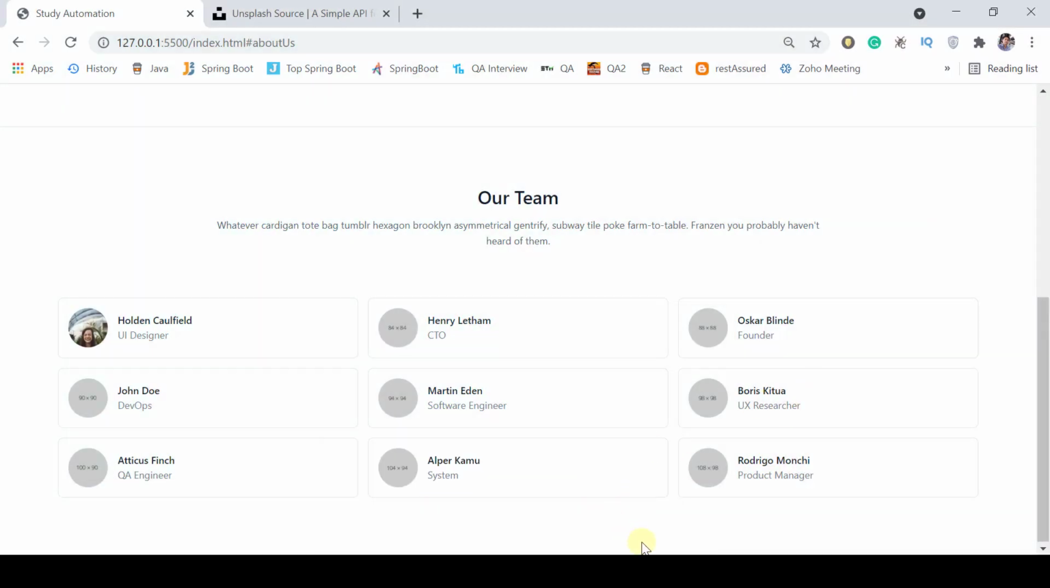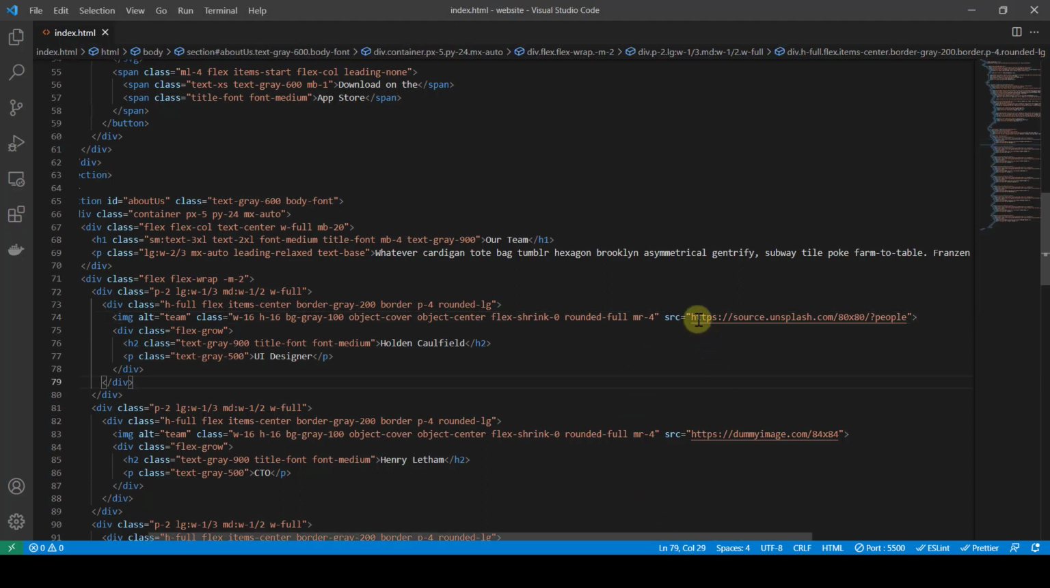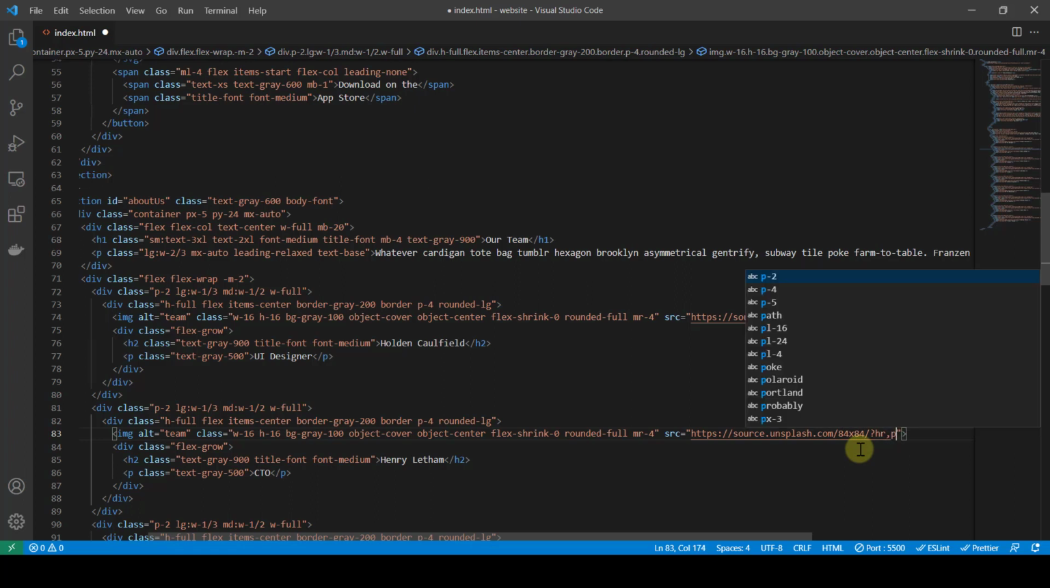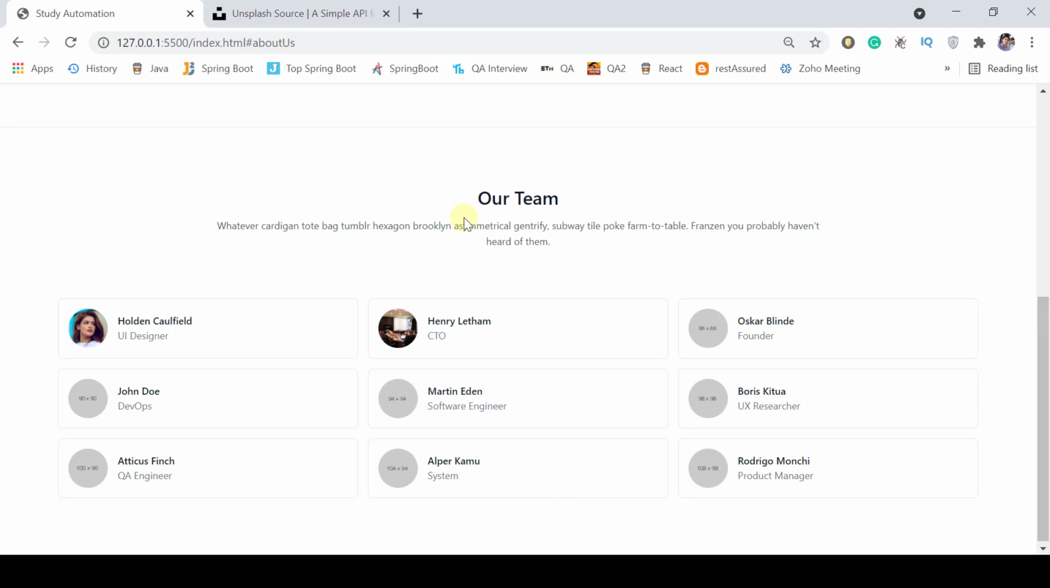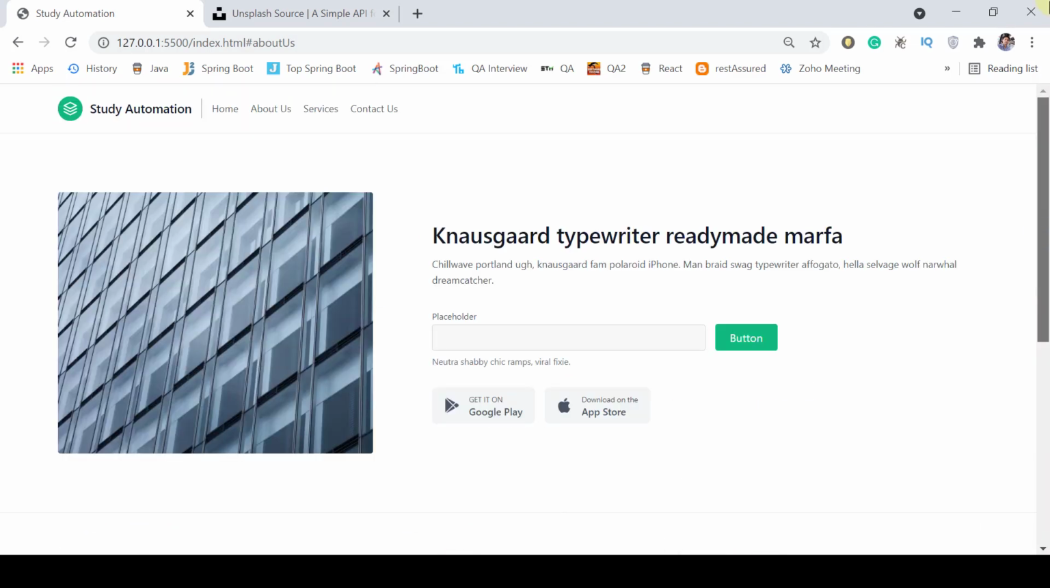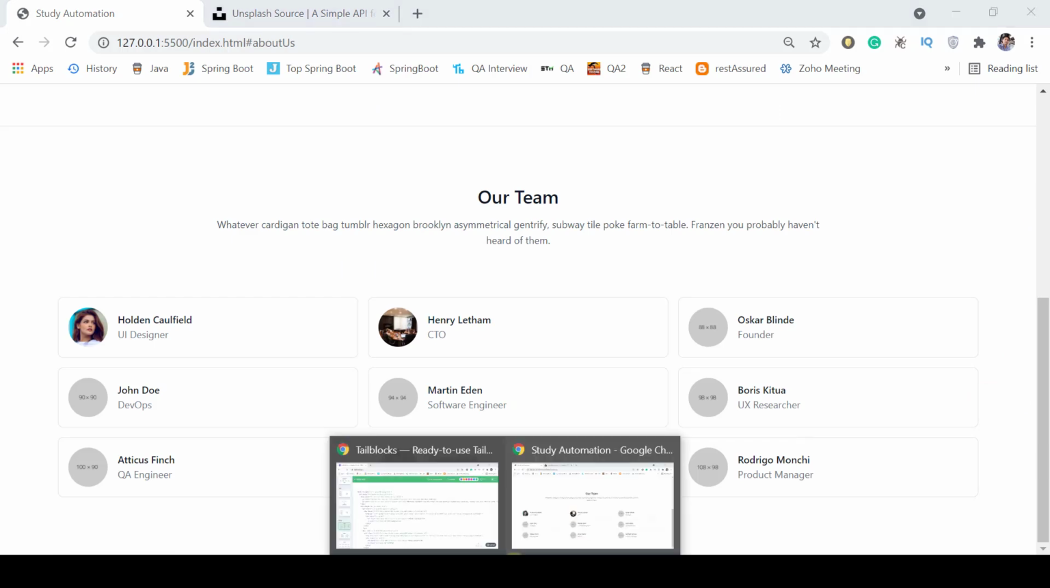By default, some images will show here. And I can just copy it and replace it here. Here it is saying 84, and then 84, I can say HR something like that, and then people. So you can see some name will automatically come on this one. And then the next thing